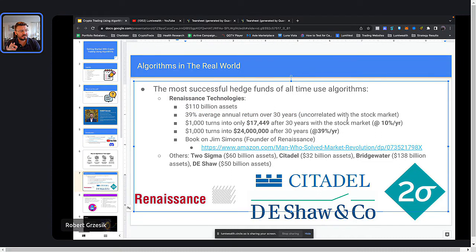That means that in 2008, when the market fell apart, these guys, and by the way, they only lost money, I think, one quarter in that entire time period. They never lose money. These guys do not lose money. They don't have down quarters, down days. They don't have that, right? So even in 2008, when the whole market was down 55%, these guys were still breaking even, right? When the market was up in 2020, everyone was making like 80%. These guys made like 120 or 130%, right? So I'm talking about on average 39% returns, right? Over 30 years, these guys like never lose money.